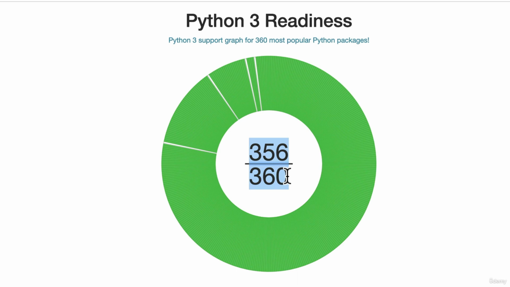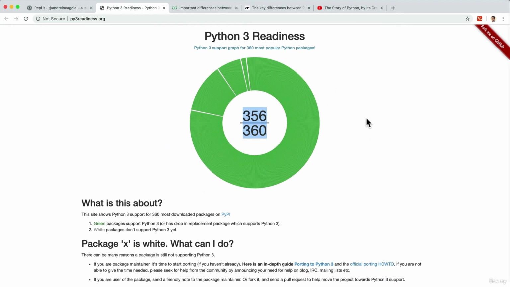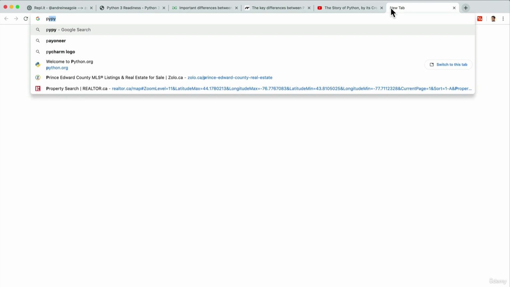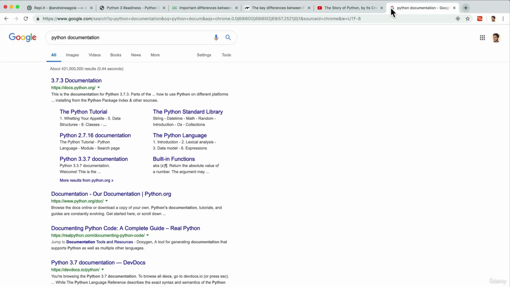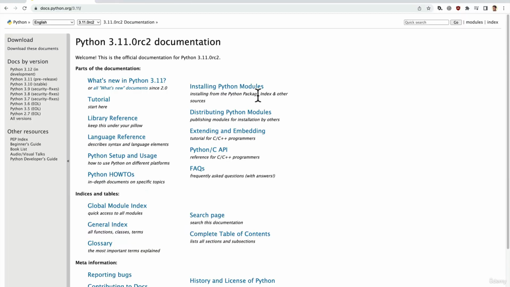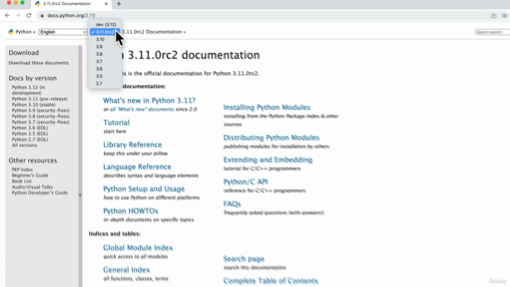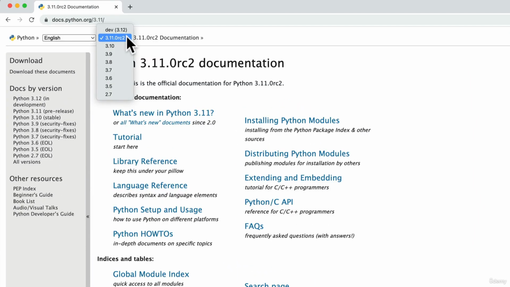And one thing to be careful of when in this course you're searching for answers, or maybe I have some exercises that require you to Google things. For example, if we go to the Python documentation, which is the reference of what the programming language does, you'll see that you can choose the versions here.